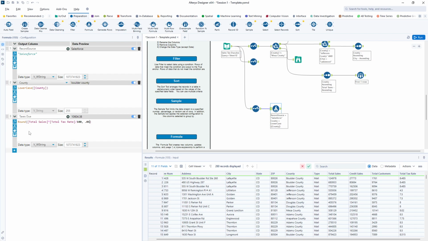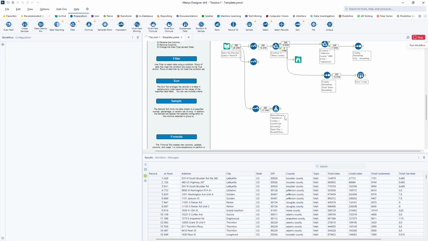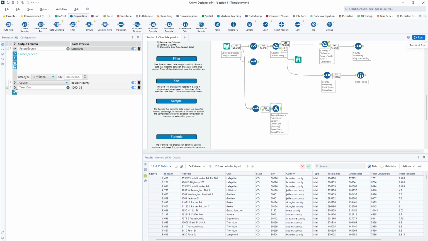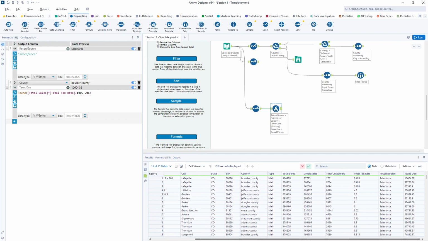And I'm doing this to let you know that we can nest functions in other functions. I'll go ahead and run that. Note that it's still a string, my output, but I now have my total taxes due rounded. Now maybe, note that I don't necessarily have 2 decimal spots. It rounded it to 2 decimal spots, but if there wasn't 2 to round to, then